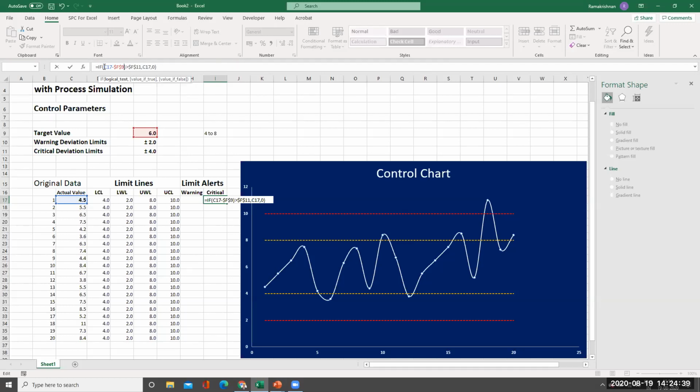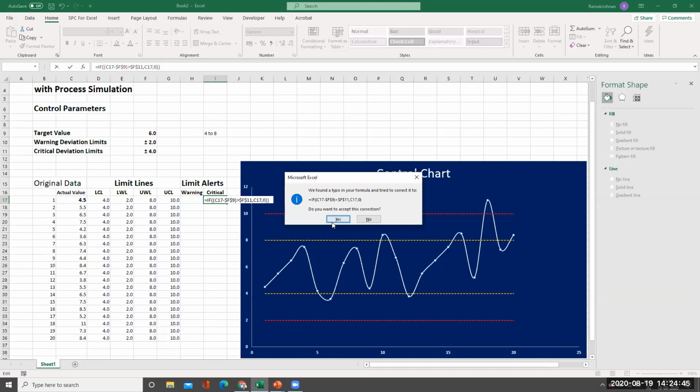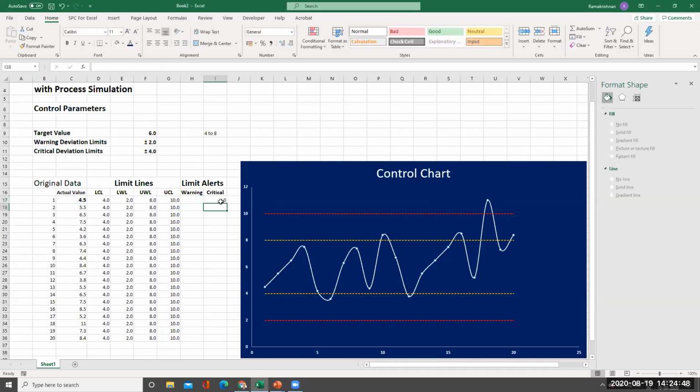So I have to put 2 brackets here, one more bracket and one more bracket. This is done. Now here I have to put an AND condition. We will see whether it works or not. So only this 11 is the only point, no? That is the thing we have found out.